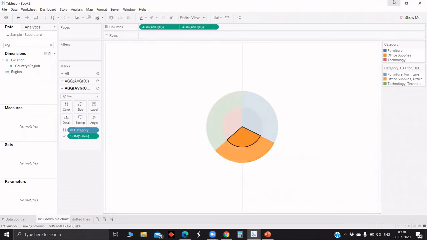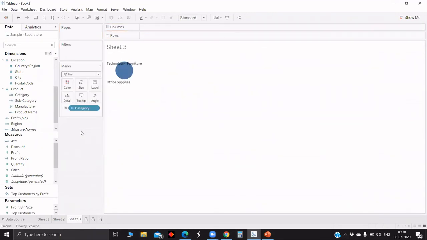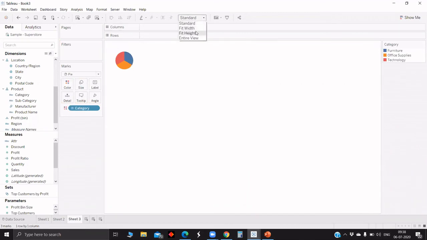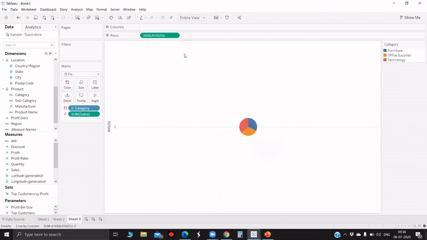First we will make the above chart with category in a pie chart, with angle by sales. In order to get the dual axis, you need some term common in both.